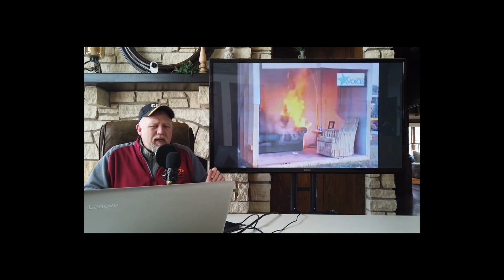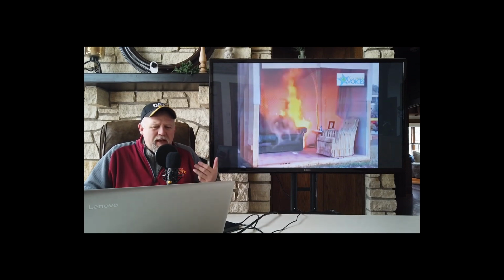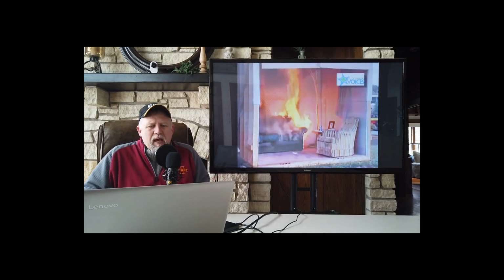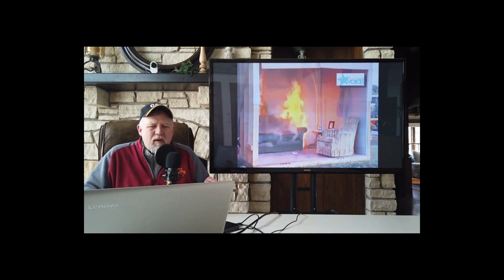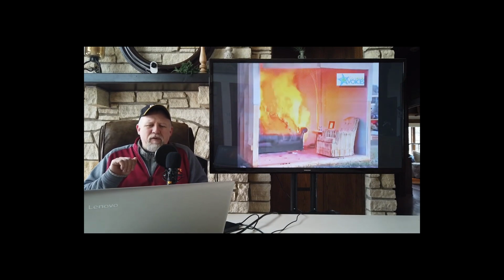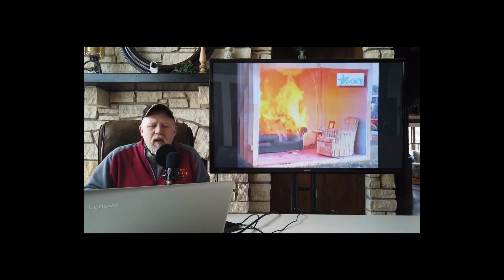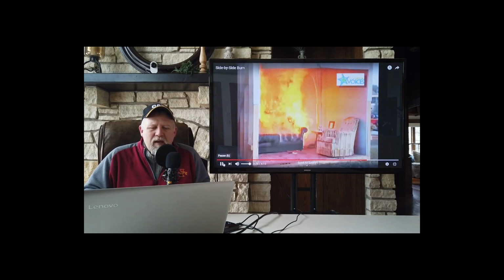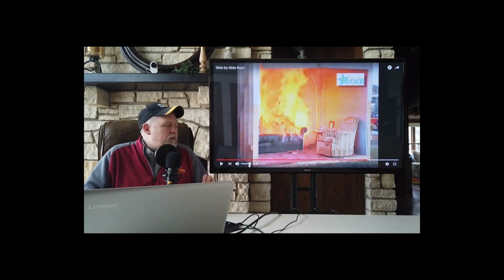When we're burning things like couches and tables and carpets, these synthetic materials produce a lot of thick, oily black smoke. And it's that thick, oily black smoke that becomes so hazardous to the occupants. Most people do not actually die from the flames of a fire, but they die from the smoke that's produced